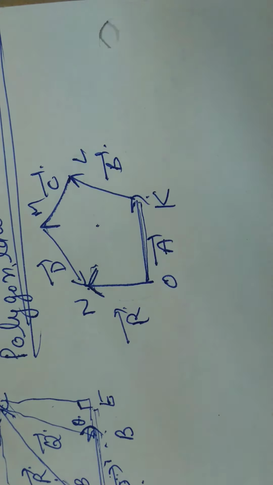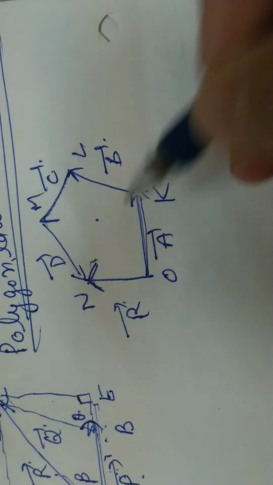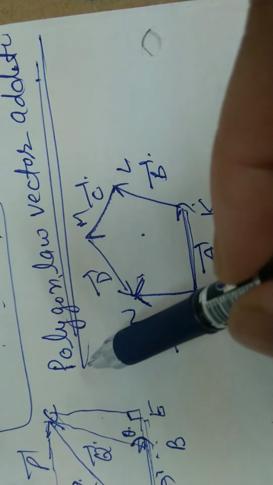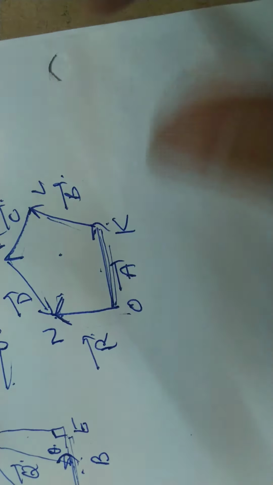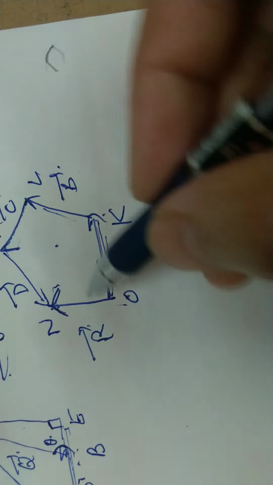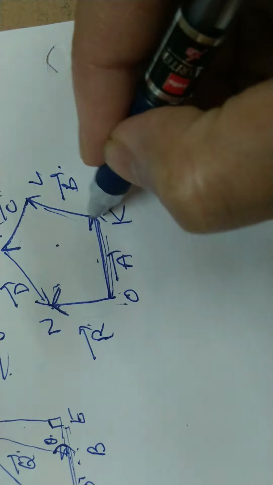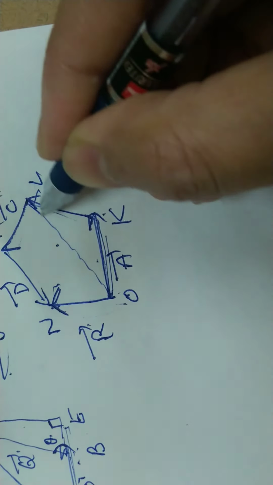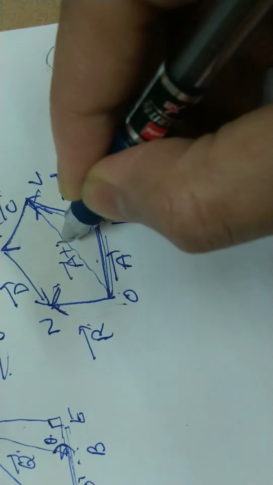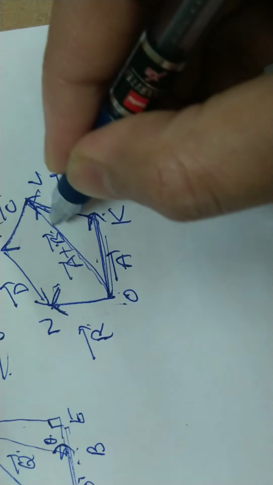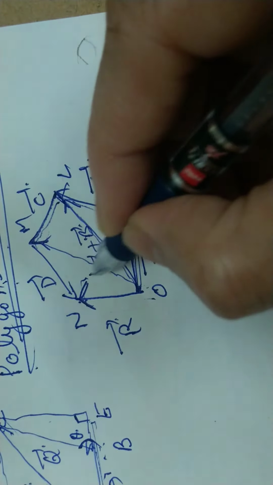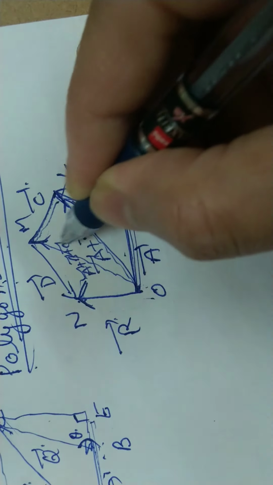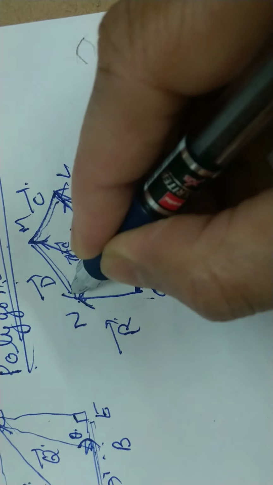If we have more than two vectors, how do we find the resultant? By using this polygon law of vector addition, same order and closing side, and this is the extension of the triangle law of vector addition. Again, look, if these two vectors are two sides of a triangle, then this is the resultant of these two, that is A plus B vector. Now if this is one side and this is the second side, then this is the resultant of these two, that is A vector, B vector, C vector. Then if this and this are the two sides, then this is the resultant of all these vectors.